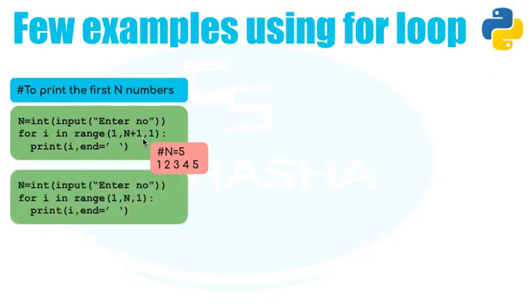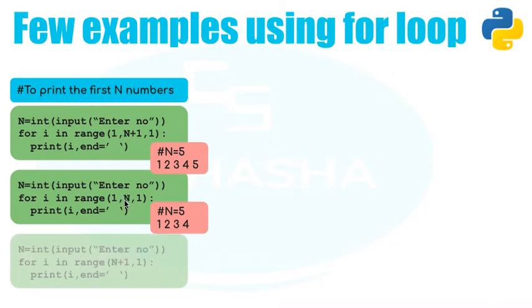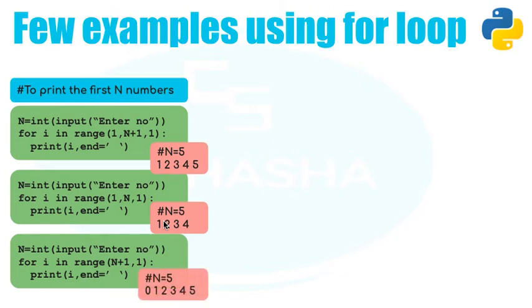Secondly, if I would like to take a number n and I would like to print it from 1 to n, then what is going to happen? So this example also we have taken. Remember, it will be from 1 to 4 because it is always still less than n. Suppose we are not taking the starting value, but we are taking only the ending value and the step value. What is going to happen? I hope you remember, if there is no starting value, the starting value is always 0. Therefore, my answer will be from 0 to 5.